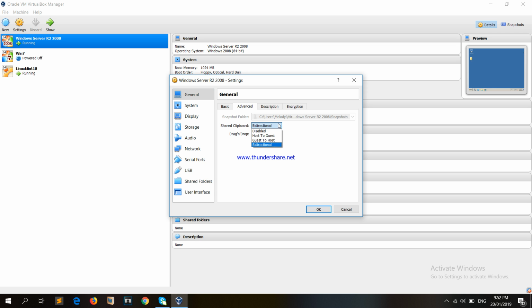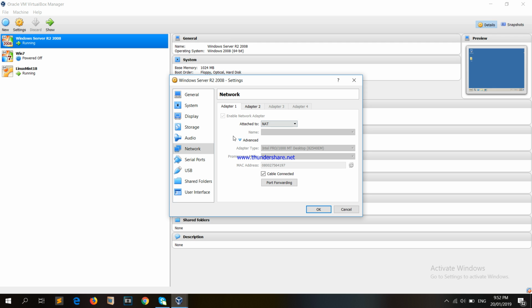Instead of host to guest or guest to host, just select bidirectional. And then in Network, in adapter 1, just leave it default, which is attached to NAT, and that's it. In adapter 2, all you have to do is select